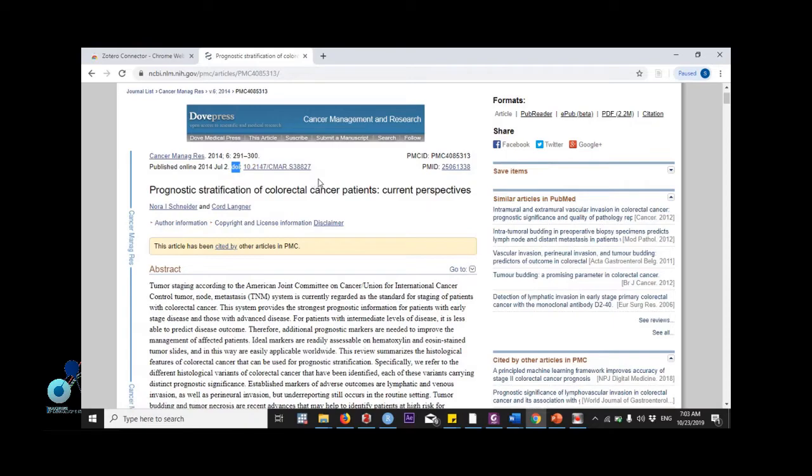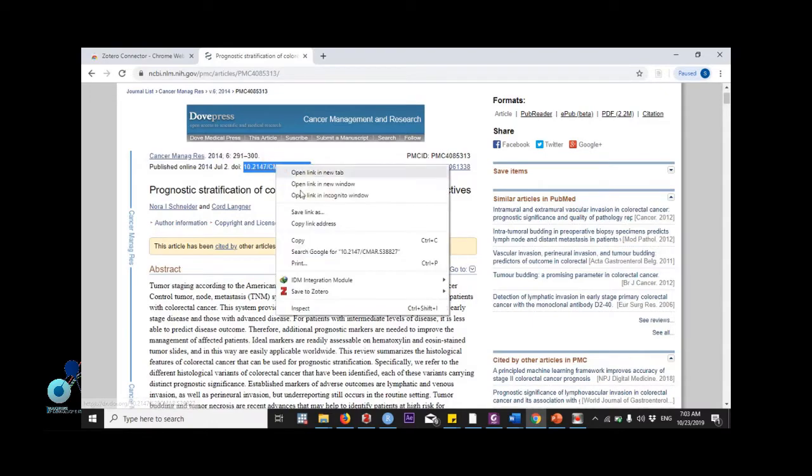So if you want to save this article, you can use the article identifiers. DOI is one of them. PMIDs is another thing as an article identifier. PMCID is another article identifier. But let me teach you how to add this citation using the article identifier of DOI. So you copy this up to a 10,